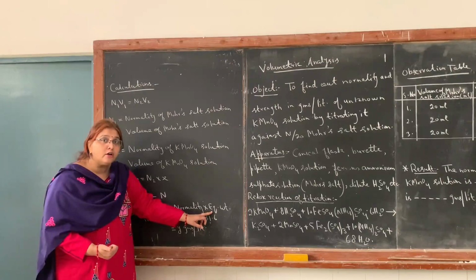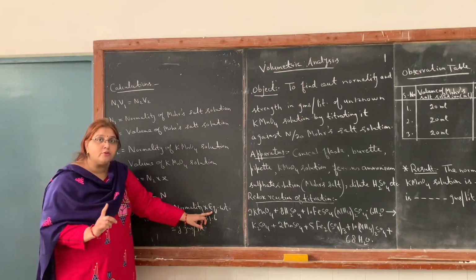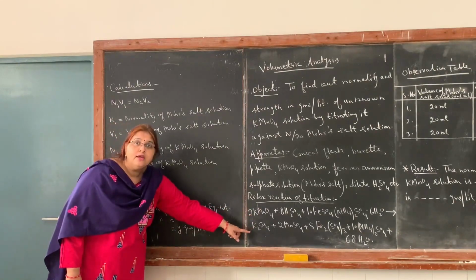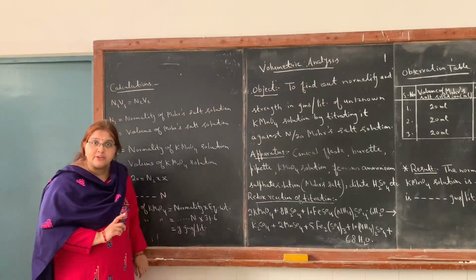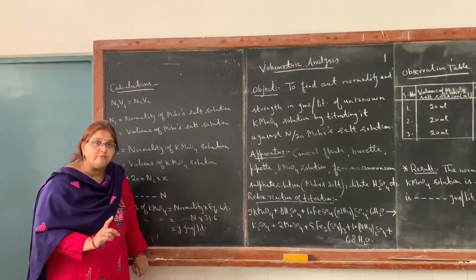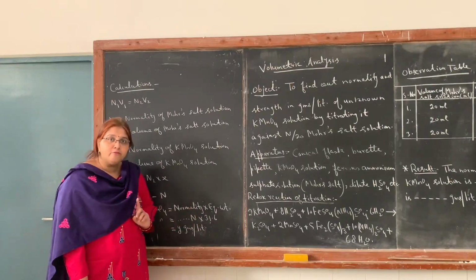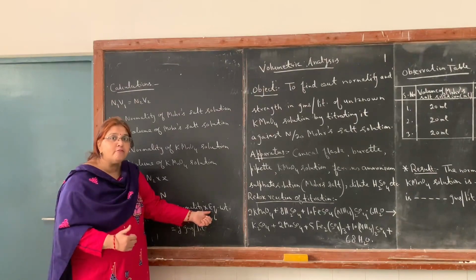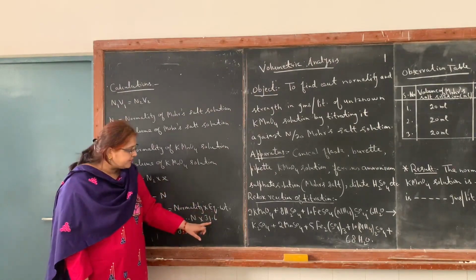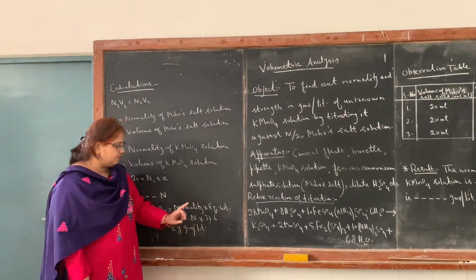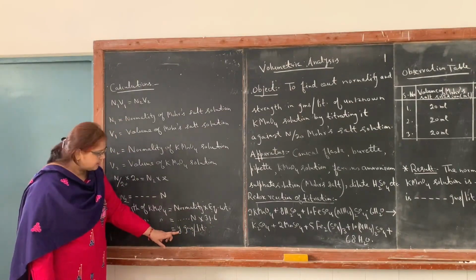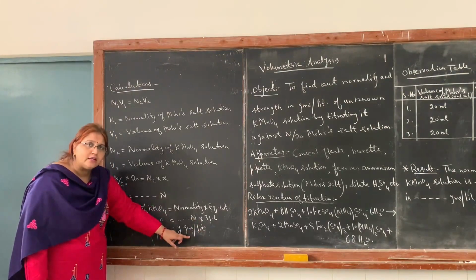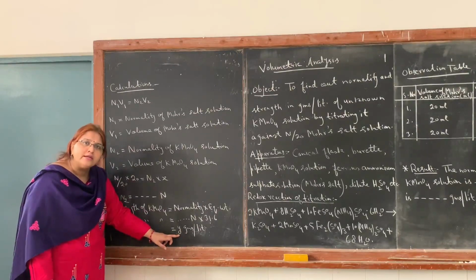Now from where have we got this equivalent weight? It is the molecular weight divided by the n-factor. In this case, we have just told you that a change of 5 electrons takes place, so the n-factor is 5. So molecular weight of KMnO4, which is 158, divided by 5 gives you 31.6. So this comes out to be Y grams per liter. Grams per liter is the unit of strength. Again, you have to calculate the strength up to 4 decimal places.